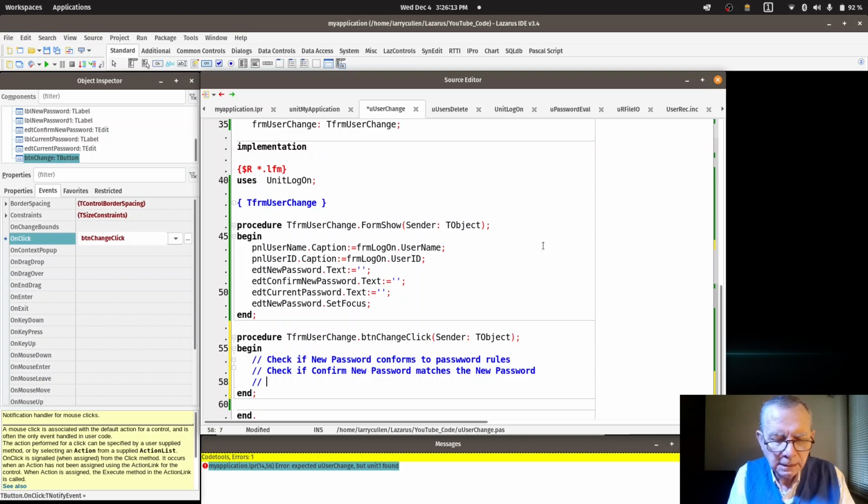Okay, and then check if current password is correct. And then finally,